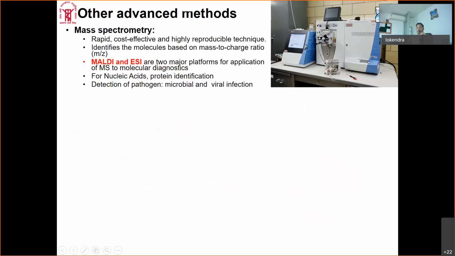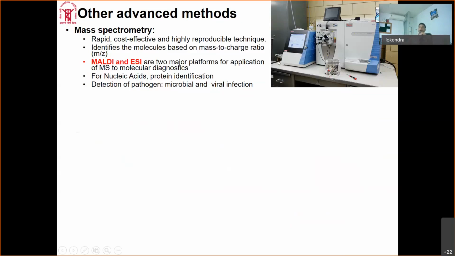Now coming on to the more advanced methods. Flow cytometry and ELISA are used, and in addition to that, there are upcoming areas in which people are using more and more advanced methods. Although when these methods are used in isolation their cost is high, they are very expensive tests, when there is a bulk of samples they are more cost effective because they are highly accurate and their speed is quite high. They are high throughput analyses. Their reproducibility is very good, and the main problem is only that their prices are very high. But again, if the sample size is good enough, it can be very cost effective.